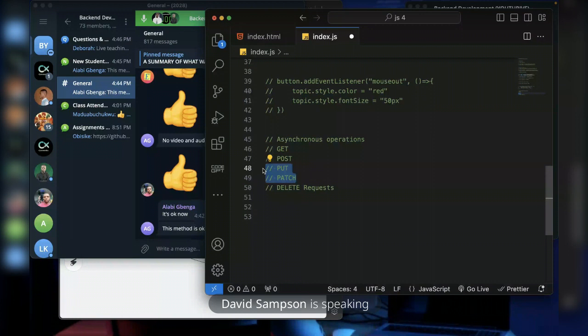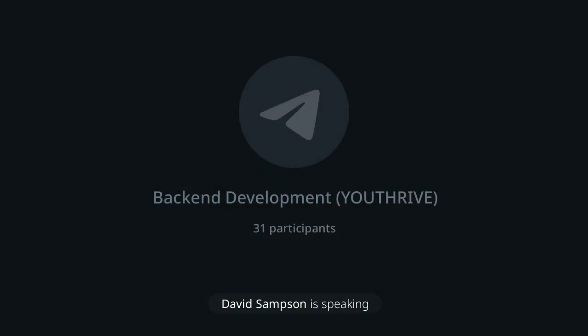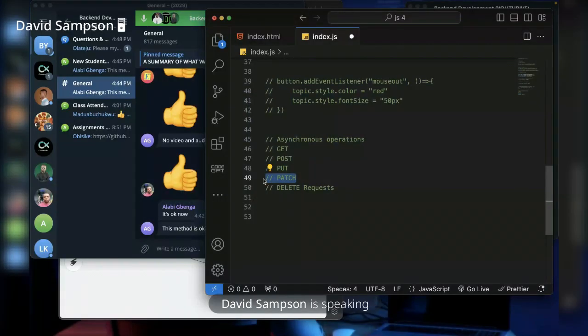The first one is, if the user wants to change the whole information that has been saved before, then you will make a put request. A put request is a request that is asking you to remove the information that has already been saved and replace it with a new one. You are replacing the whole information about that user. That is a put request. Now, a patch request, you are not changing the whole information, you are changing part of it.